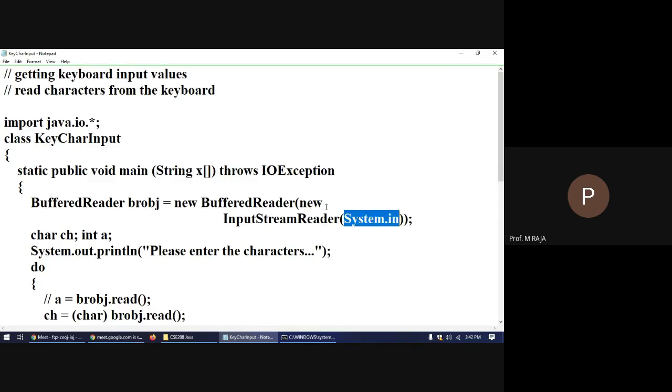create one instantiation of InputStreamReader, because this InputStreamReader is a class which is a subclass of the Reader class, again available in the character stream category. To this class, you need to pass the constructor value of the input stream object. Input stream object is System.in. So new InputStreamReader of System.in is equivalent to one instance of the InputStreamReader class,